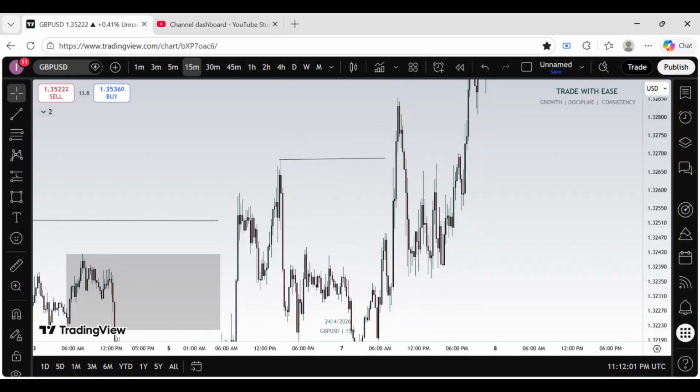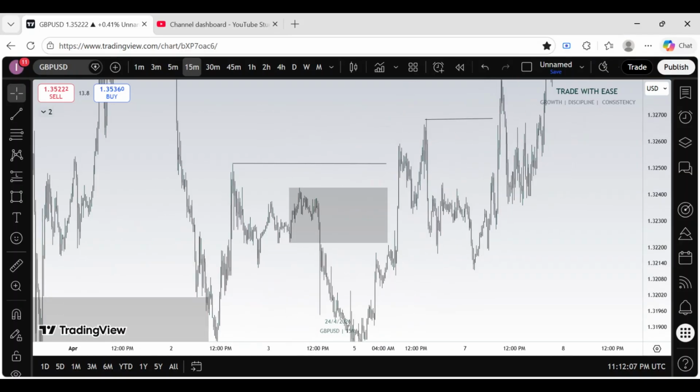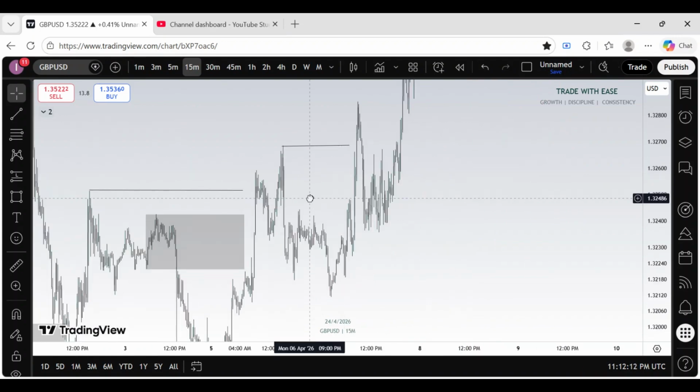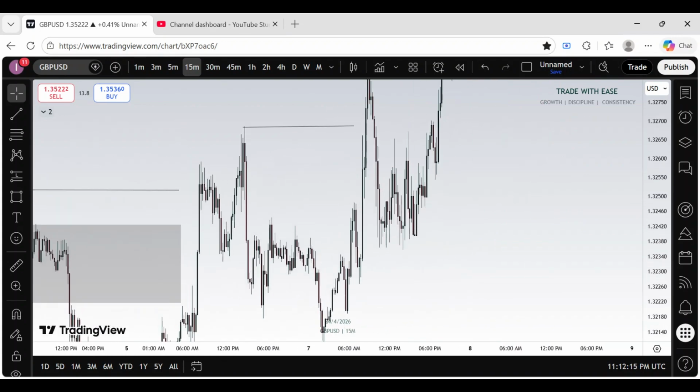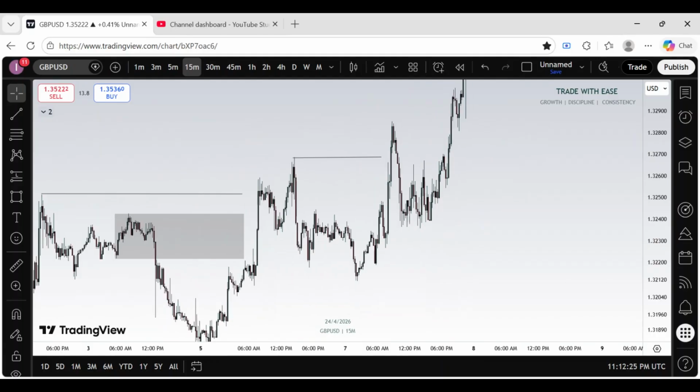So by breaking this structure, we already have our first confirmation, the break of the first structure, and the break of another structure. So we already have our confirmation. Now, what next are we going to do? We will look for entry. Some people like to enter in a different way, but the way I trade and teach my students,